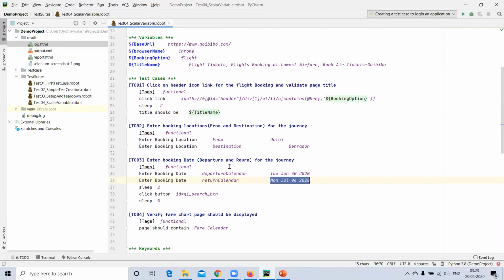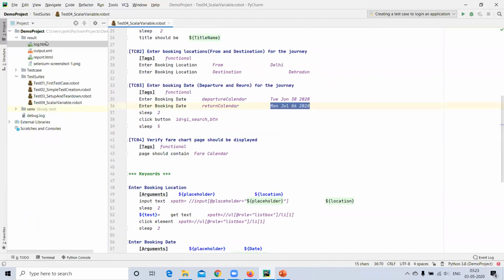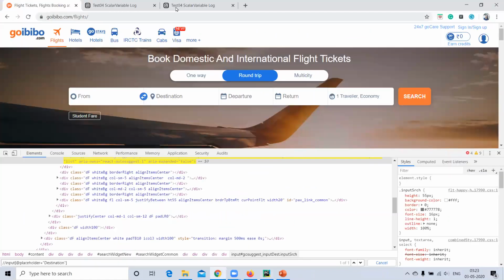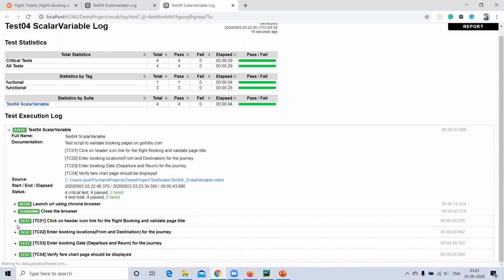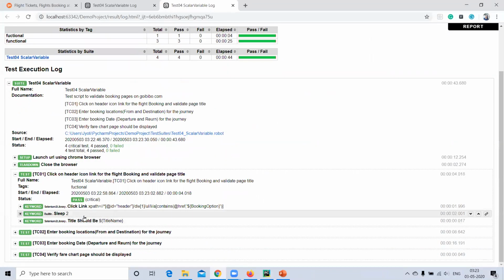And as you can see, let me show you the log file. As you can see, all the cases have been executed successfully. In the first case, it's navigating to the booking option, flight booking option, and then validating the title.